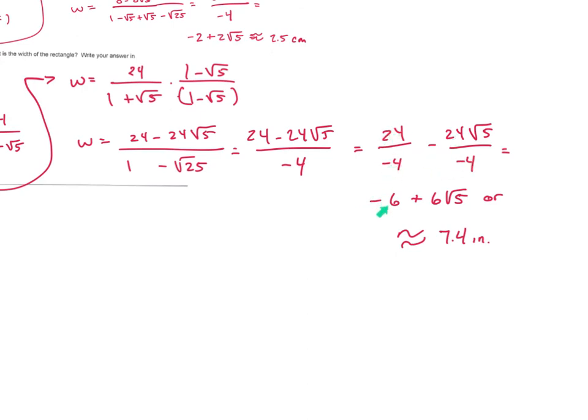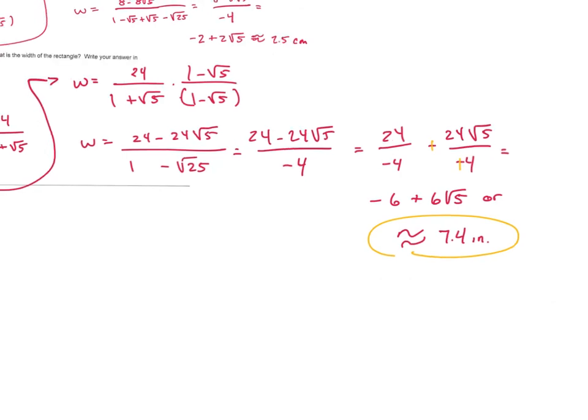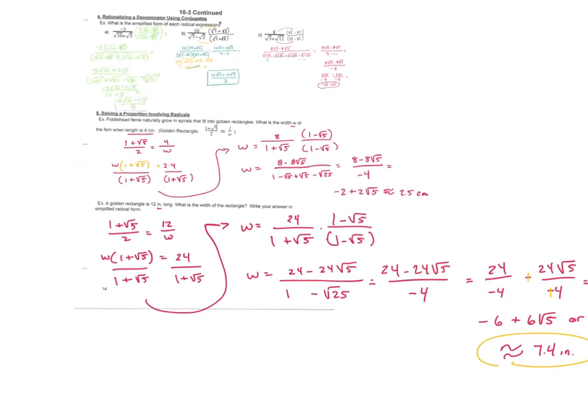And then 24 over negative 4 is negative 6. Negative 24 square root of 5 divided by negative 4 is going to be 6 square root of 5, because my signs become positive, which comes out to be approximately 7.4 inches. So there you go, doing operations